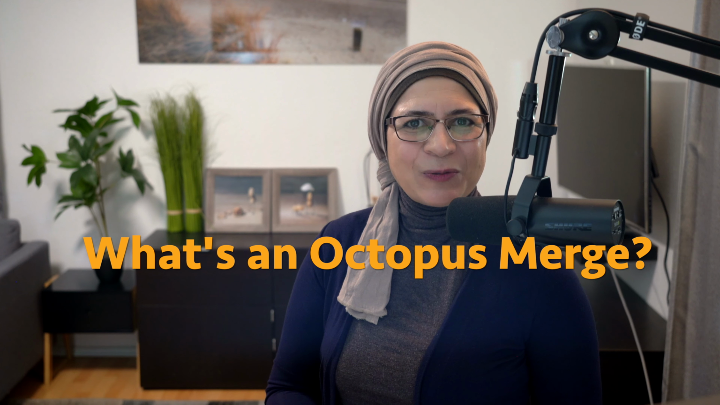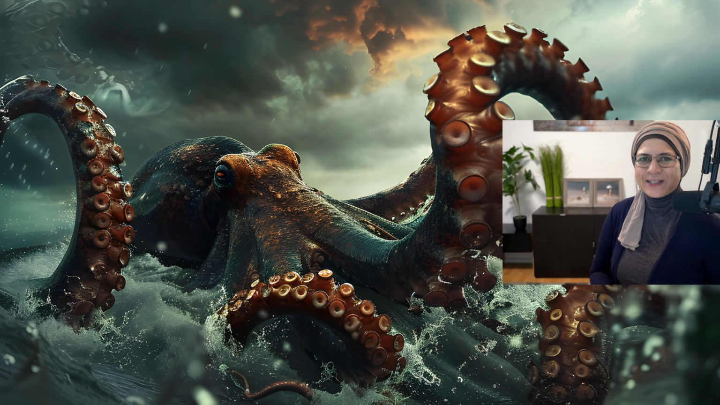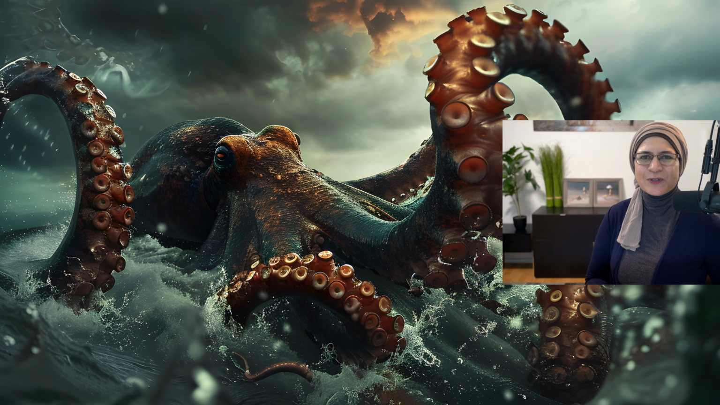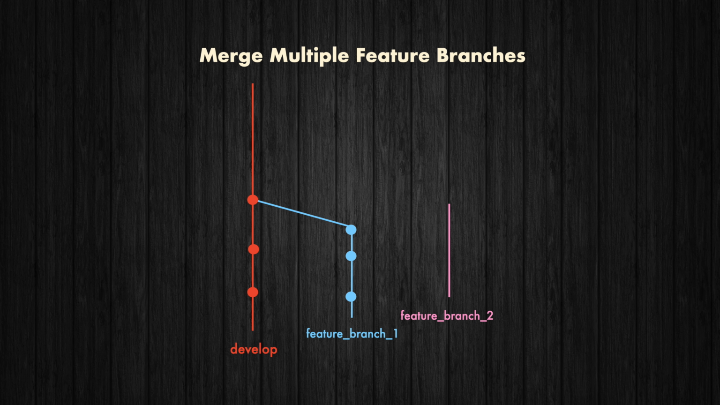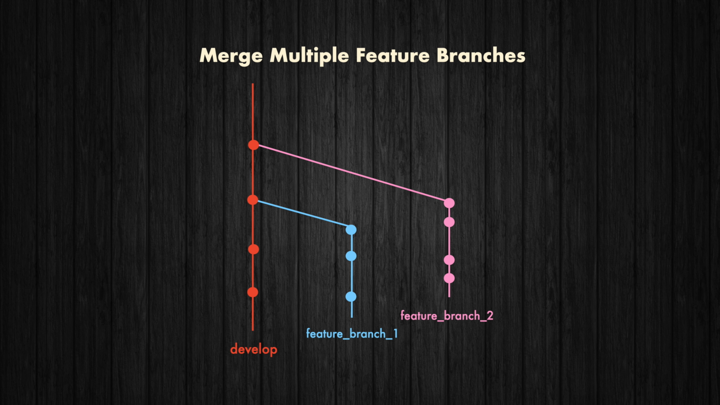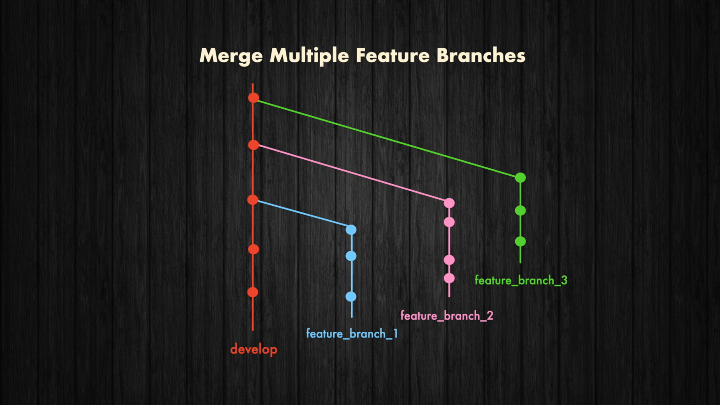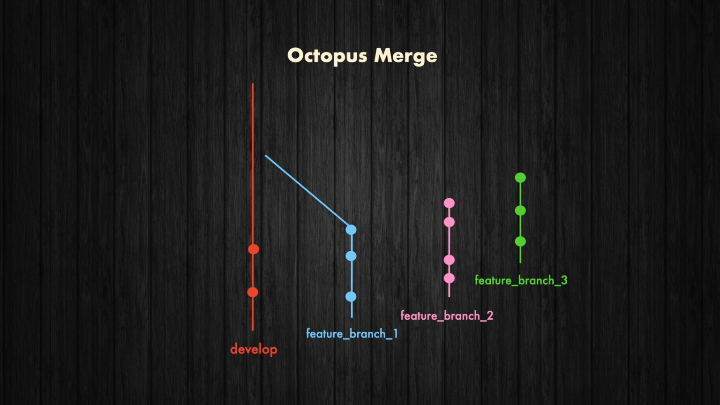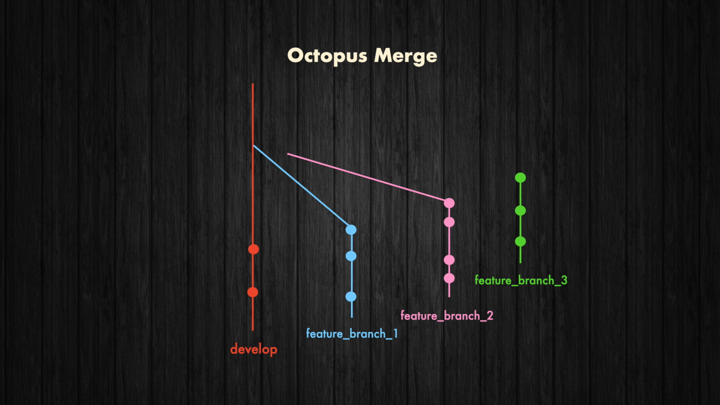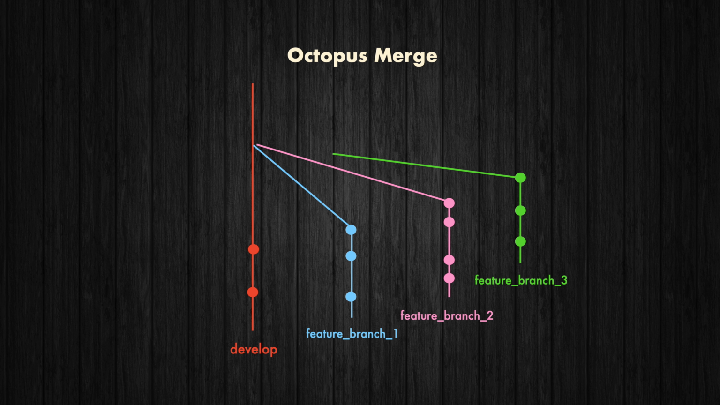What the heck is an Octopus Merge anyway? Before you start having nightmares about mythological sea creatures attacking your repository, let me explain. An Octopus Merge is simply a merge commit that has more than 2 parents. A standard merge commit takes 2 branches, say your feature branch and develop, and joins them together, creating a new commit with 2 parents. The Octopus Merge does the same thing, but for 3, 4, or even more branches all